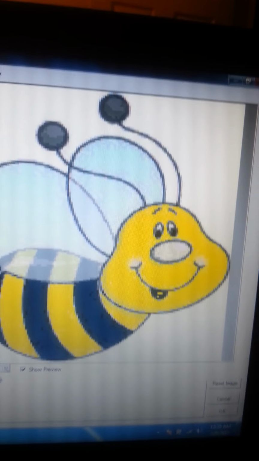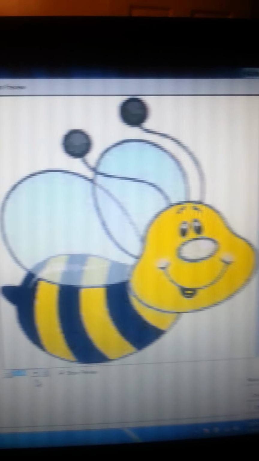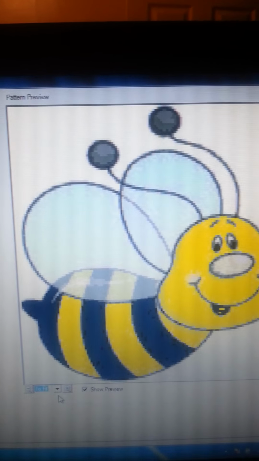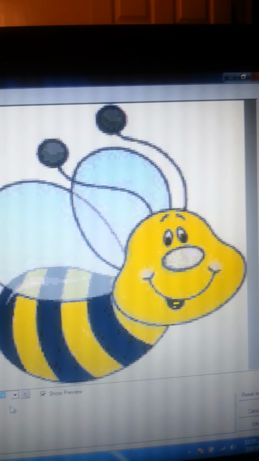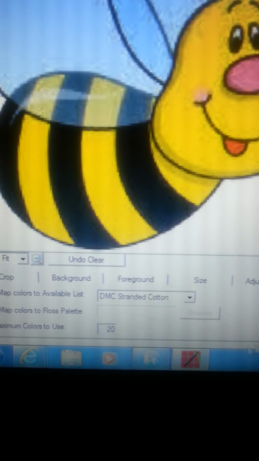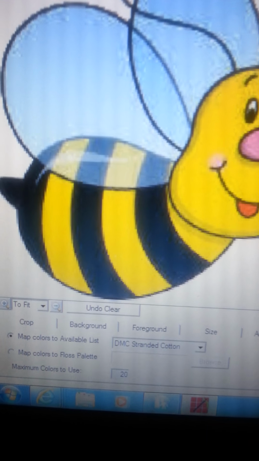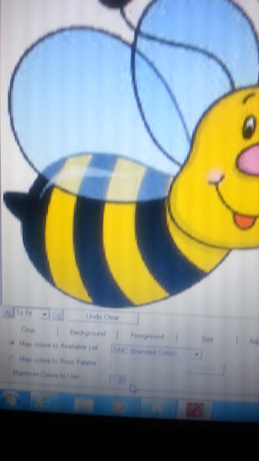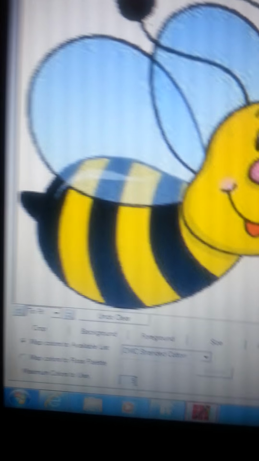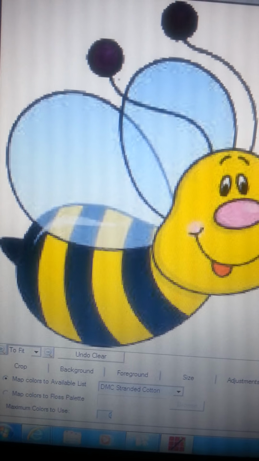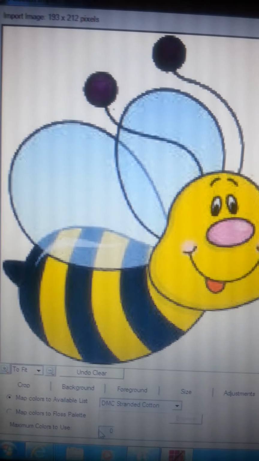Now you notice how the color is a lot paler. It's not the same as this one. The purple is not in there. You don't need the adjustment as of yet. What you need to do is change your floss. So you just keep playing with the floss. Like I said, I had 50, so I could still use 50 and still cut it down. Some people may have a hard time with it. It's just basically